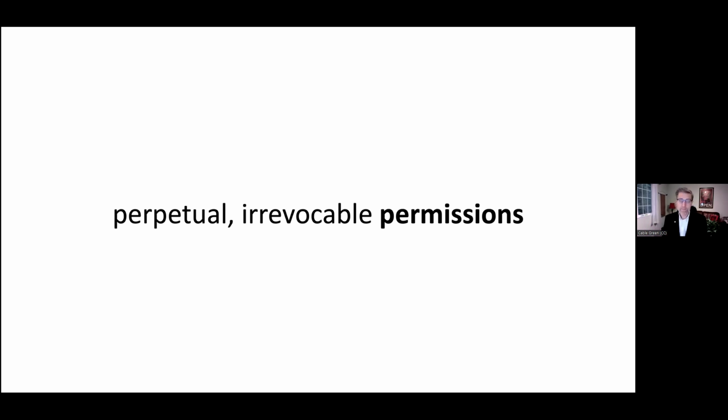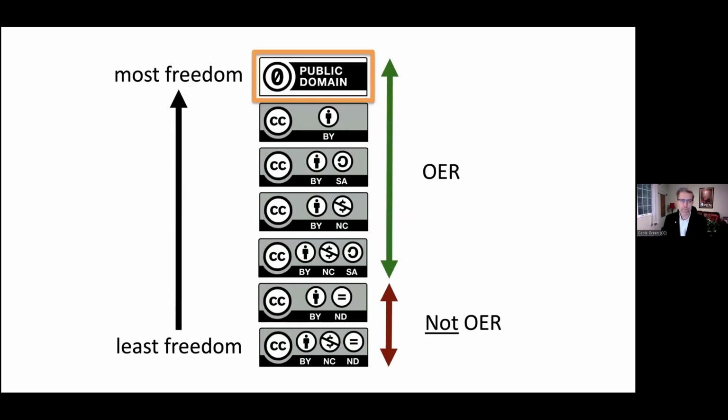Why do we care about that? Well, you might be building a new course, or you might be building a new degree program in the government or at your university or at a school. And if someone was able to reach into your course and say, I'm sorry, you can't use this CC licensed work anymore, and they took it out of your course, that would leave a big hole. And that's a problem, right? You don't want a Swiss cheese course that has big chunks missing in it. And so you can, with confidence, if you find a work that has a Creative Commons license, you can put it into your course or your degree program, and you can use it forever. Nobody can take it away from you.